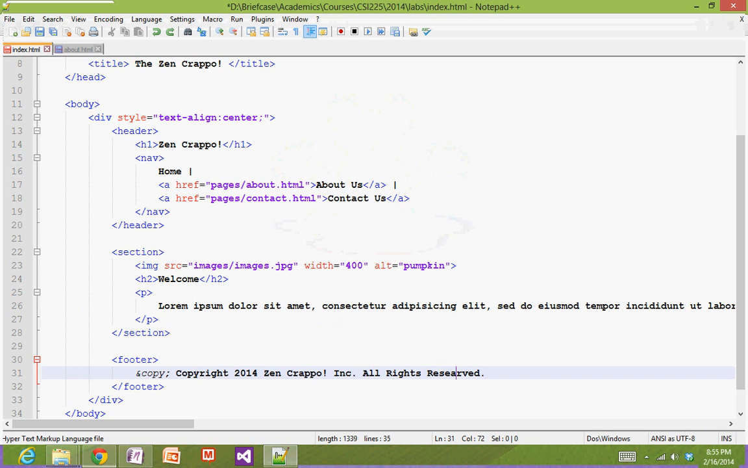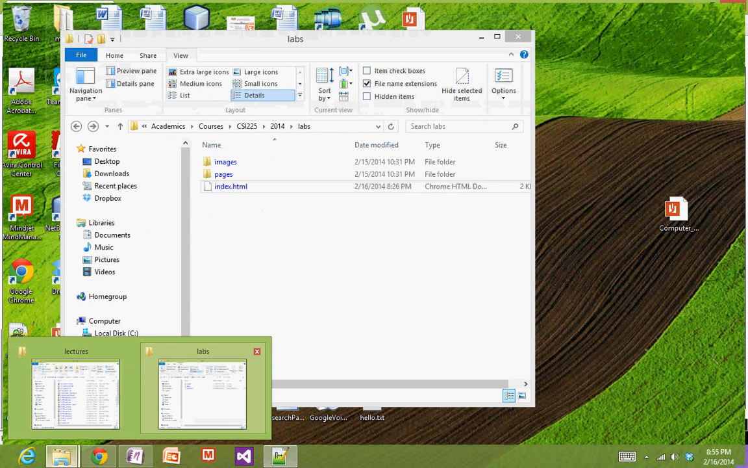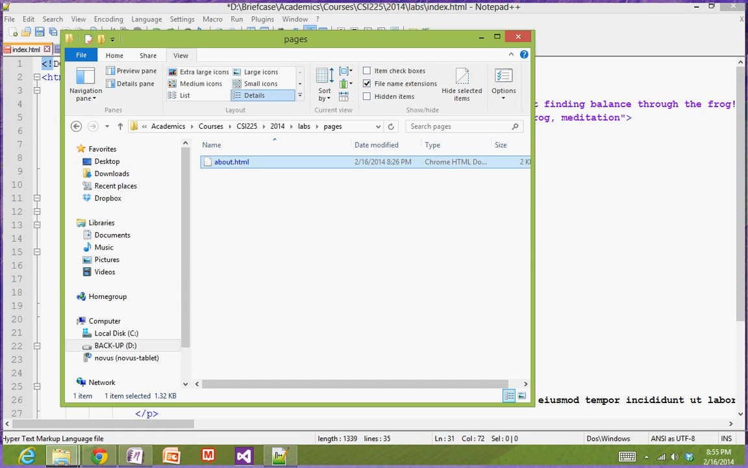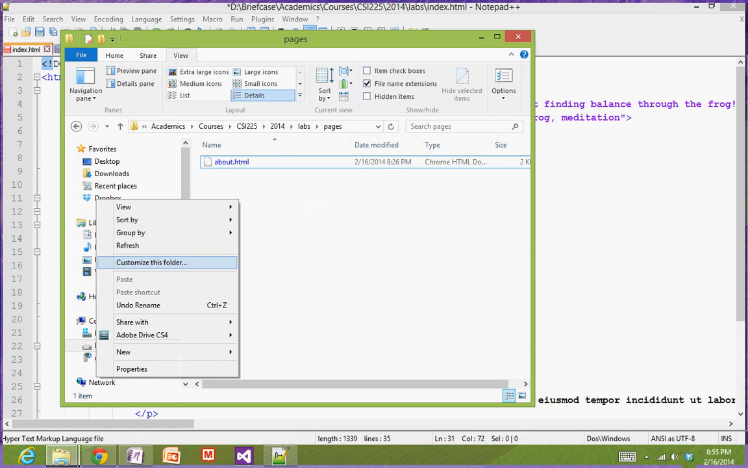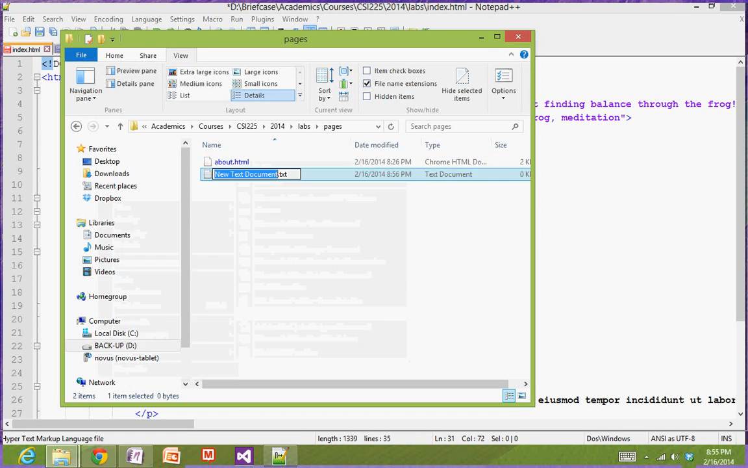Right? So once we have that file in place, I'll take you across to our deployment directory, and you want to head into your pages folder. Alright? And inside of your pages folder, you are going to create about.html using the same approach that we saw last time. We just right click, go to new, hit text document, and provided that you have visible file name extensions, you can actually author